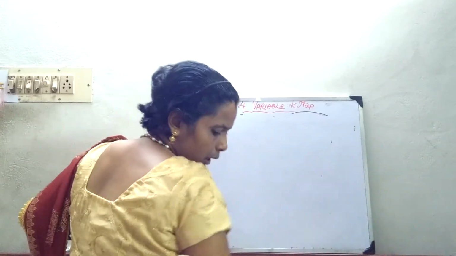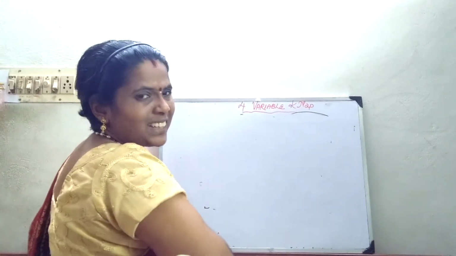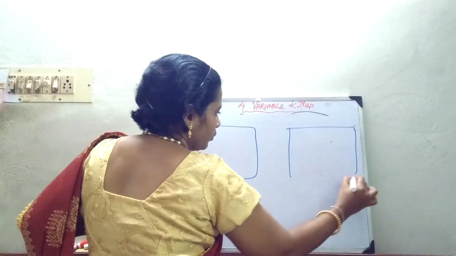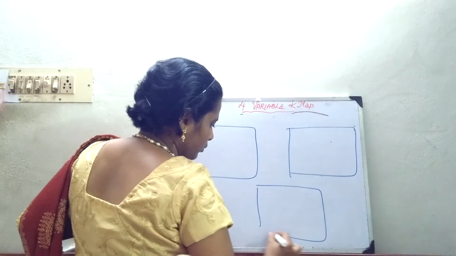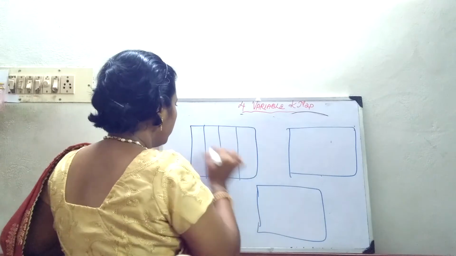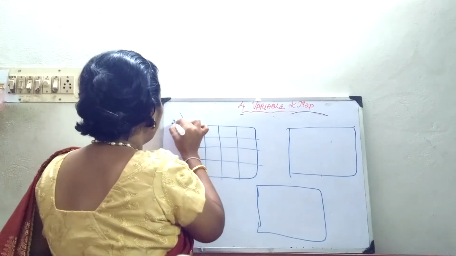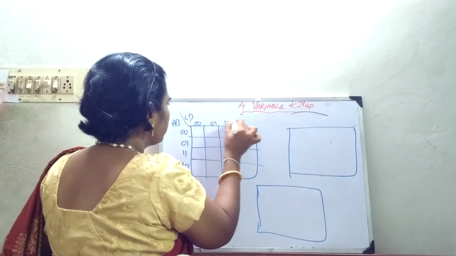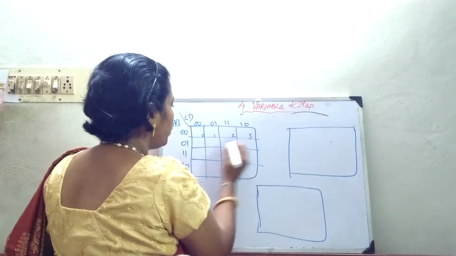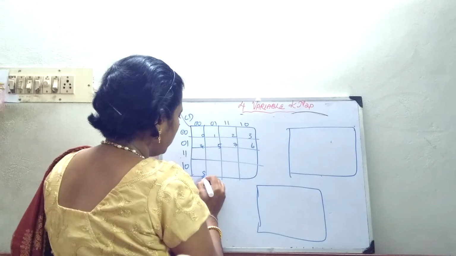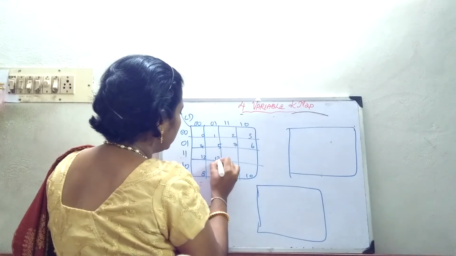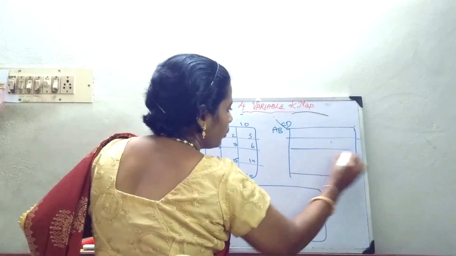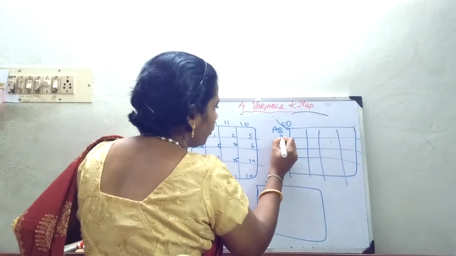I am just going to take 3 K-maps. First let me draw the outlines for my K-map. How to fill? For 2 variables, 0 0, 0 1, 1 1, 1 0. How to fill inside? 0, 1, 2, 3, 4, 5, 6, 7, 8, 9, 10, 11, 12, 13, 14 and 15. The same way. So when you make the outline and keep entering, solving the problem will be easier.